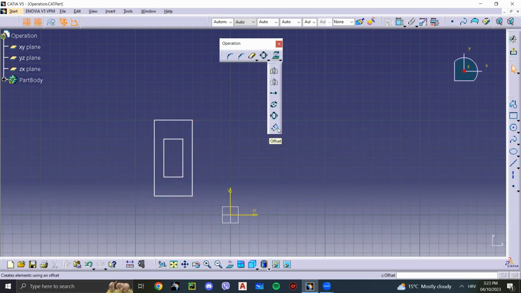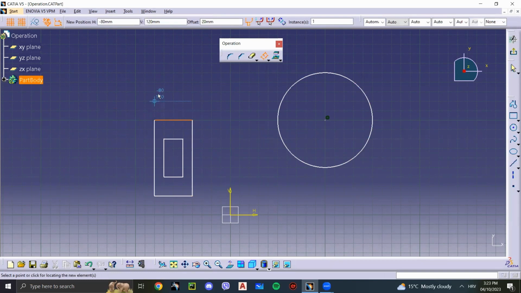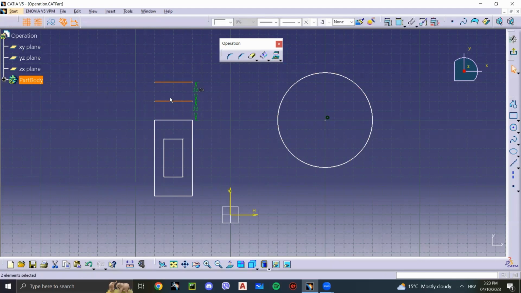Next up is offset. Let me draw a circle. This is going to help us a little bit. Let's say we want a line copied, translated here. We can use offset as well with that. It shows up here the positioning or the offset distance we want our line to be created. We can also select how many of them we have. Let's say we want to enter that in, and now it's going to copy 2 lines offset. Let's say we just want